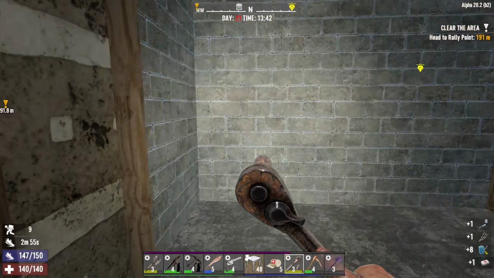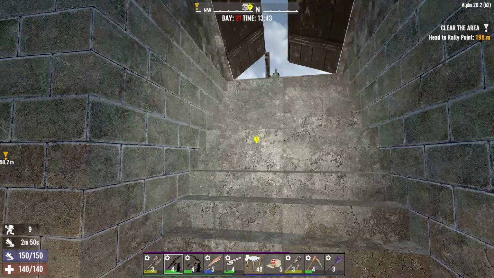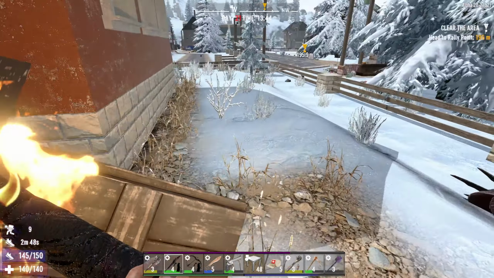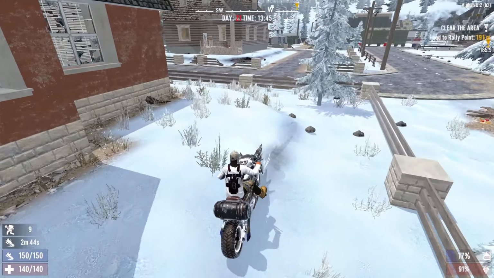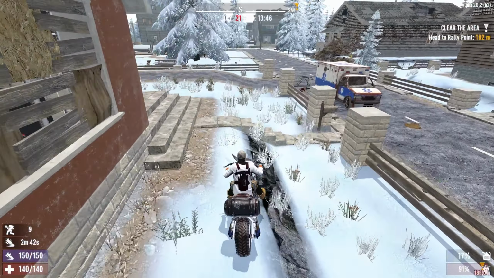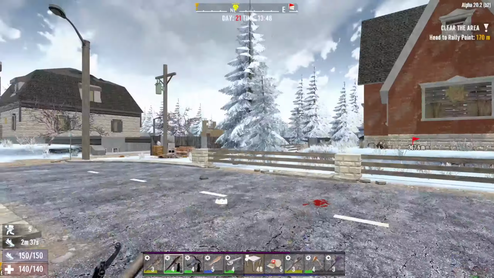I mean, look at that. We got a full-on build inventory of stuff right now to take back. And obviously, we can go throw it in the bike so that we don't have to just immediately leave for the base. But I feel pretty good about this. This was... Oh, hello. Can I...